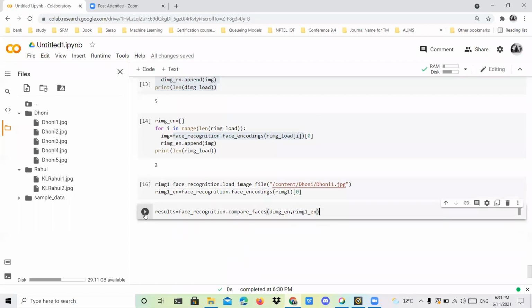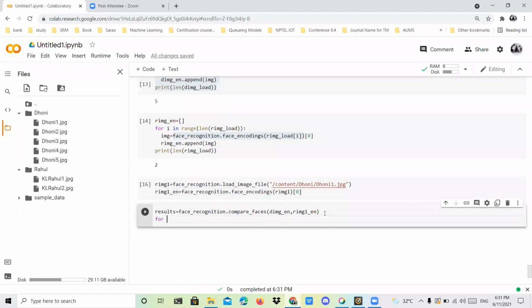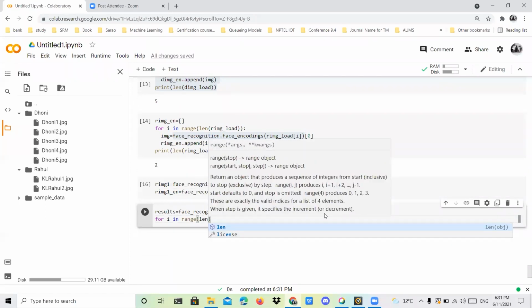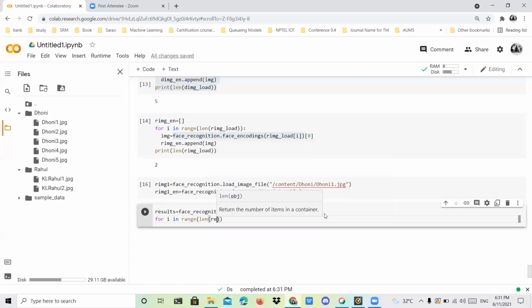Now, how many values will be there? The Dhoni image array consists of 5 images, and this is only 1 image. So I'm going to compare like this: for i in range the length of result alone, because result is the array that has all the values.